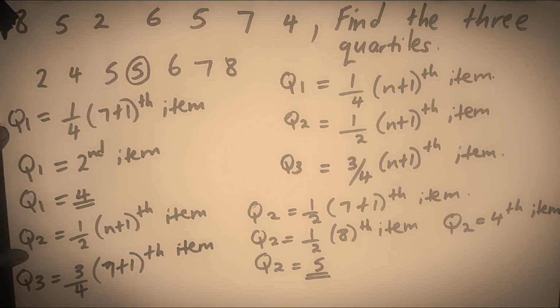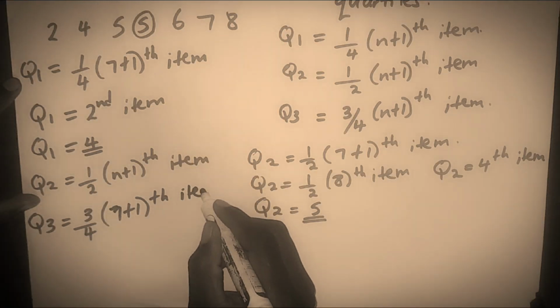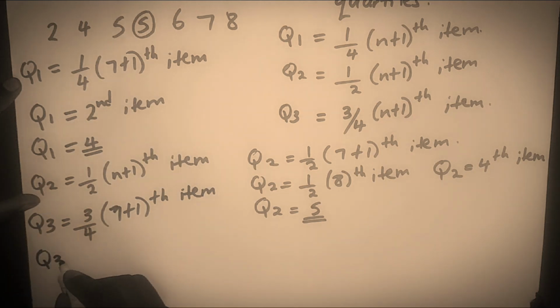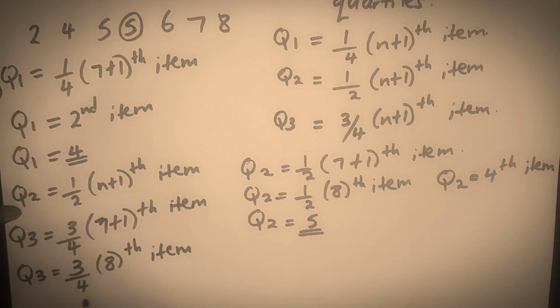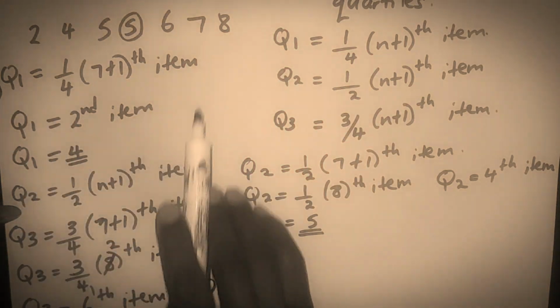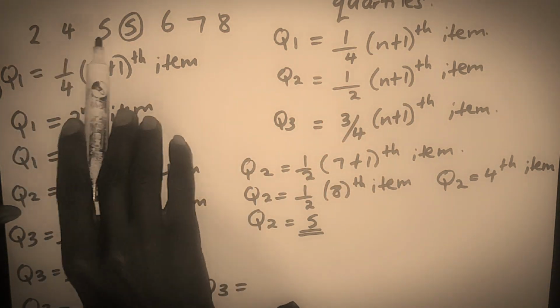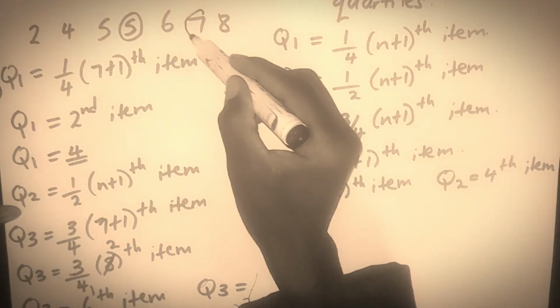Here inside we get 8, so we say 8 the item. Here we say 8 divided by 4 is 2, so the third quartile is the 3 times 2, the 6th item. Therefore, the third quartile is the item we count up to the 6th. So 1, 2, 3, 4, 5, 6. So the 7